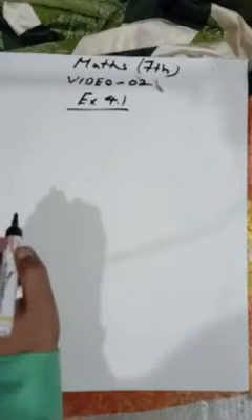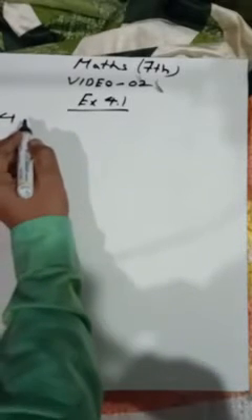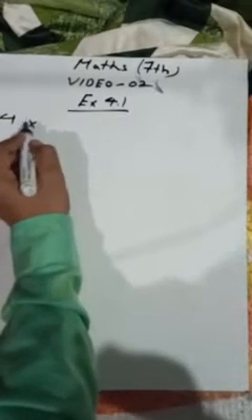This is video number 2 for class 7th. In this video I'm going to explain some questions of exercise 4.1. In my first video I explained the meaning of equation, how to check the solution, meaning of solution, and some questions from exercise 4.1. Now I'm going to explain a few questions, like the fourth question, ninth part, in this.